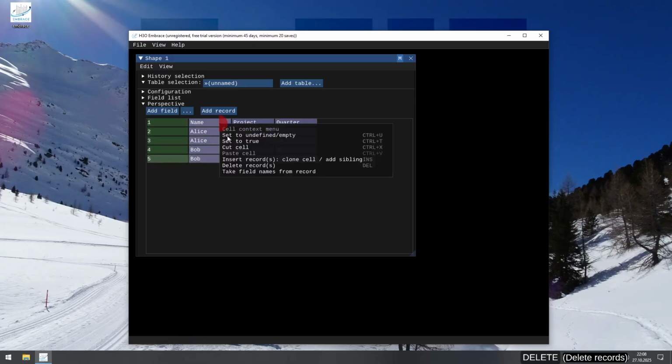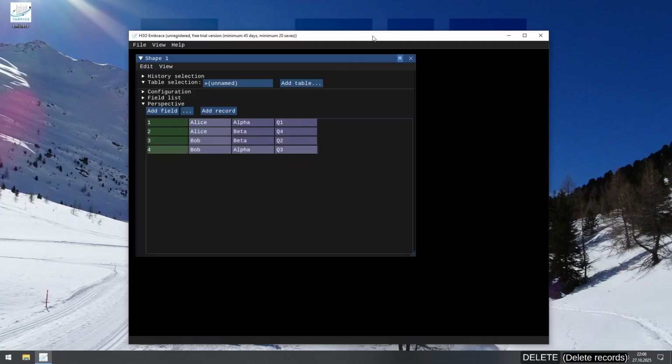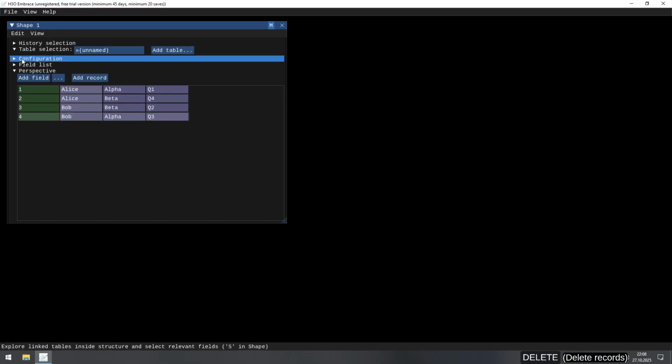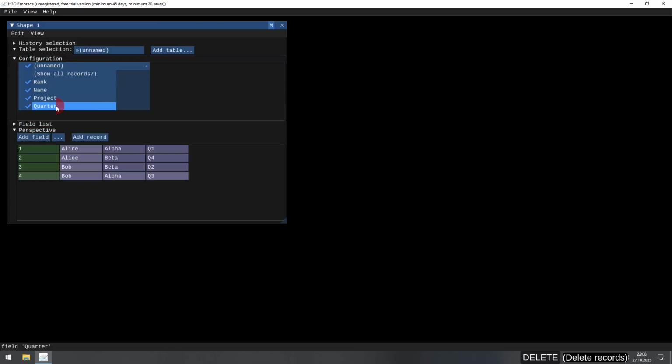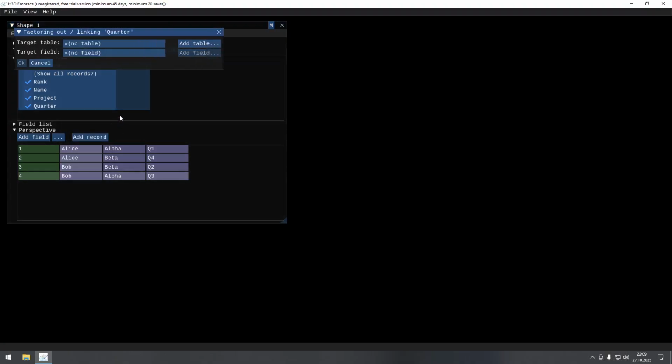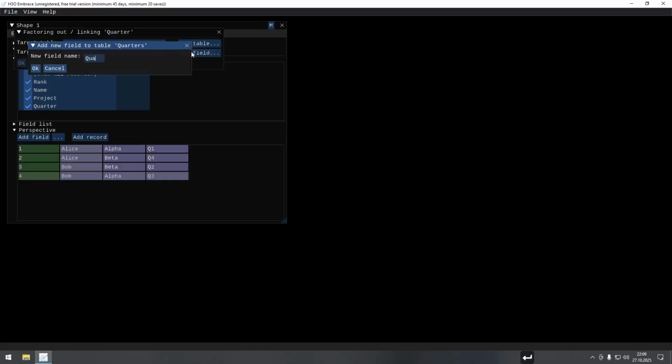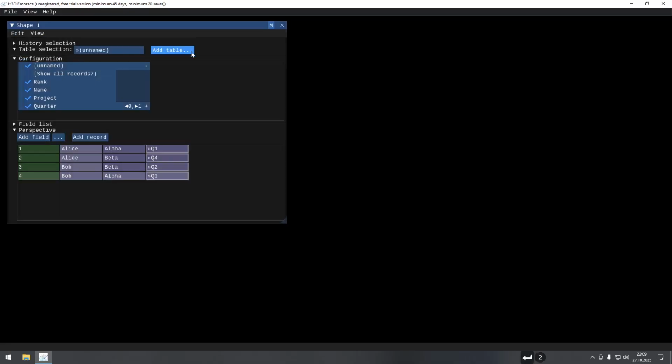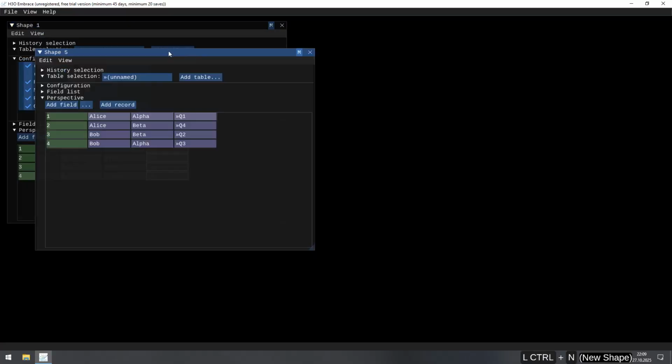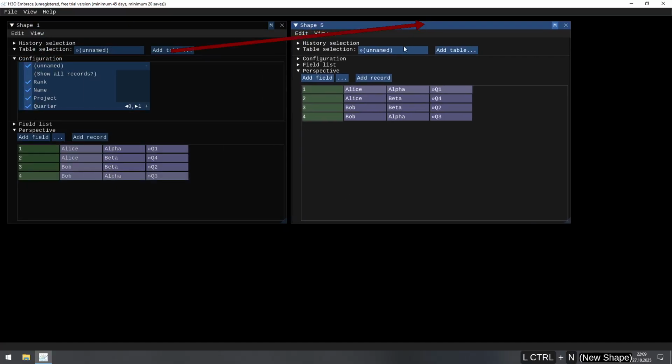like this and that. And then if we go to the configuration, let's start with the context menu on the quarter. You will see here factor out reference or link or factor in, which is currently disabled, but this we can do. And for that, let's create a table called quarters and a field in there that's called quarter, and let's just do that. And if we place that new table right beside this, we can see it over here